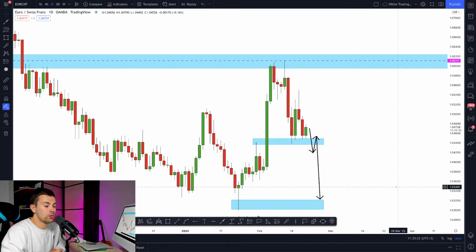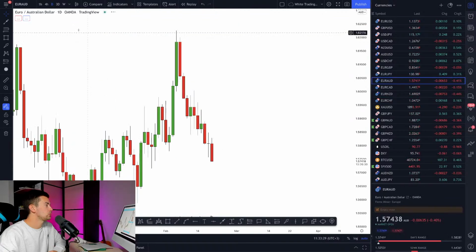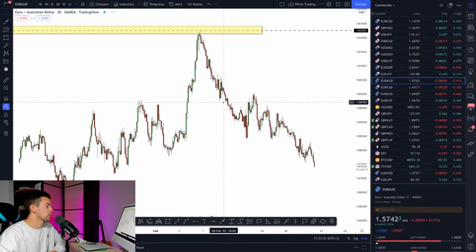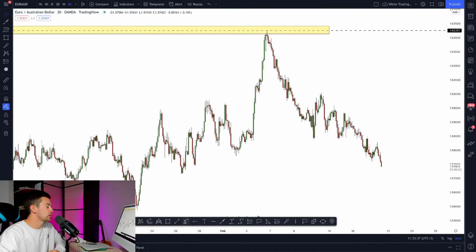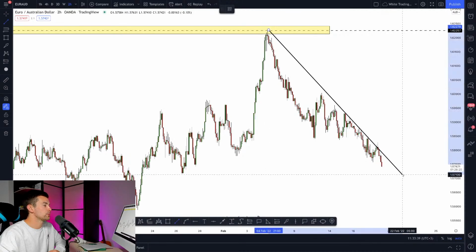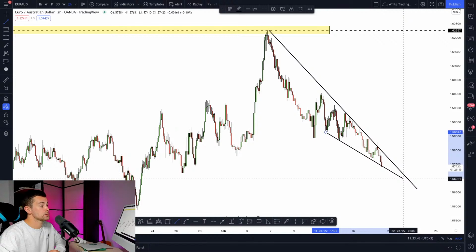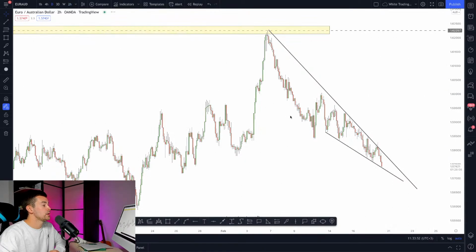Your Aussie 2-hour time frame, please, says James. Let's check what is on 2-hour time frame on Euro Aussie. The market is bearish right here. Yeah, the market is bearish, and for now on the 2-hour time frame, I just see that the market is trading within this falling wedge pattern. Yes, that is the only thing that we can see right here. And moreover, we can conclude that the market here is very bearish.